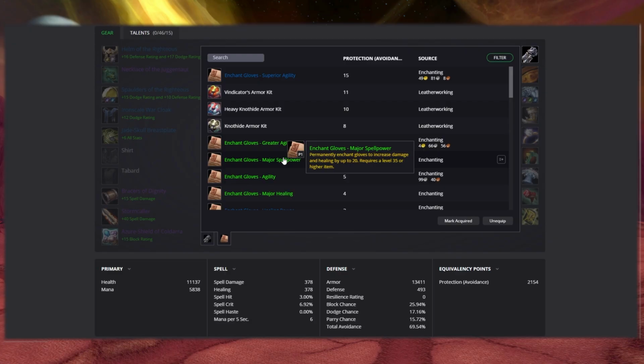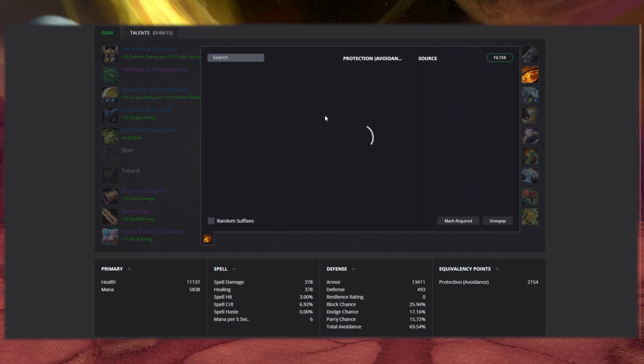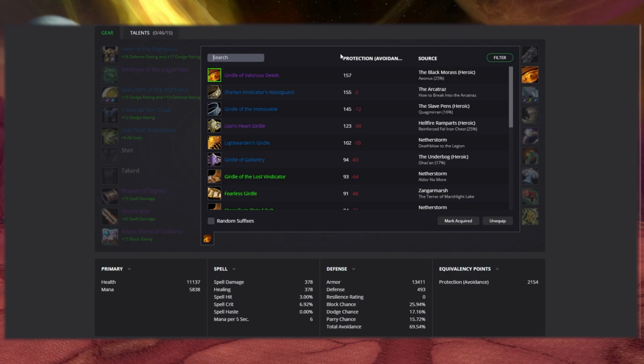I think they're going to be pretty similar in terms of level. So I suppose go with whichever one is cheaper and whichever one you prefer. The Girdle of Valorous Deeds is our belt slot. This one is easier to get anyway. Black Morass Heroic, there's no sort of